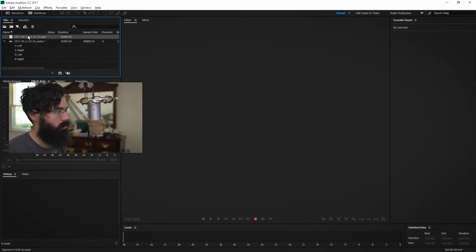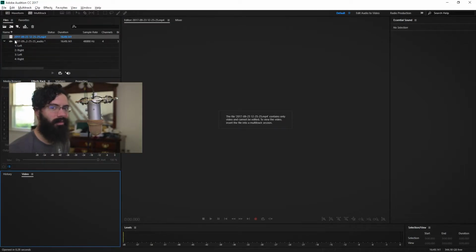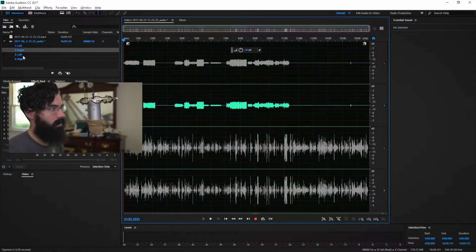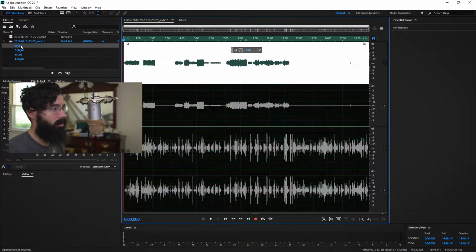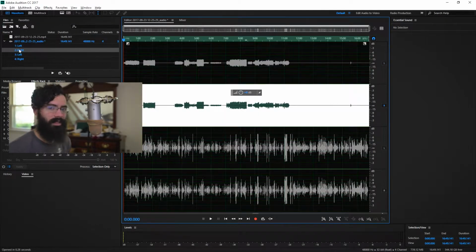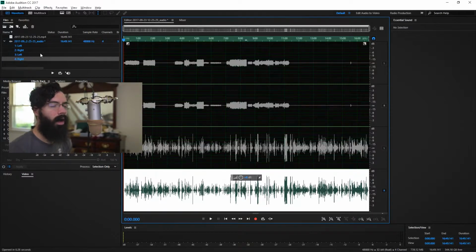We've got the video. That's more if you're on multi-track editing. We're not going to worry about that yet. Left, right, left, right. The top two I have set up in OBS to be the sound from my monitor, and the bottom two are me, left channel, right channel for both.